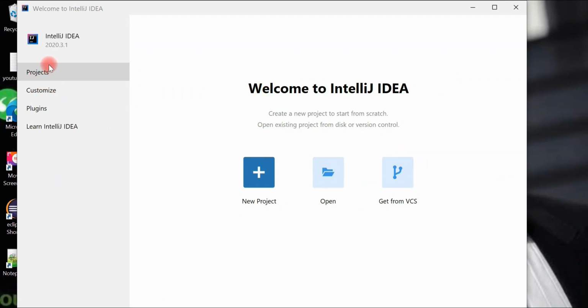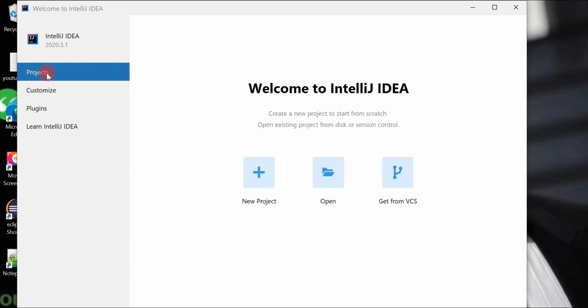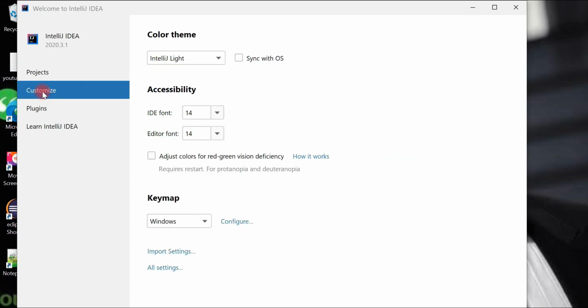Alright guys, here you can see different options like projects, customize, plugins, and learn IntelliJ IDEA. In the projects section we can create a new project, or we can also import an existing project from a version control system, and here we can use customize to customize our IntelliJ IDEA IDE.